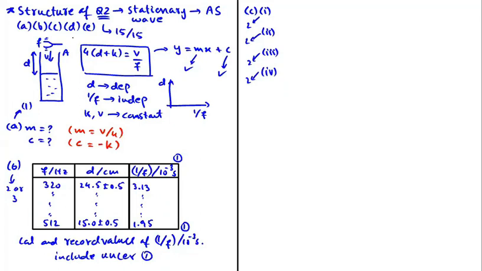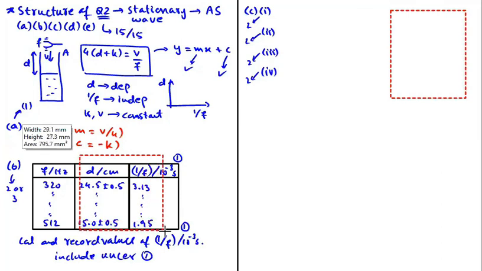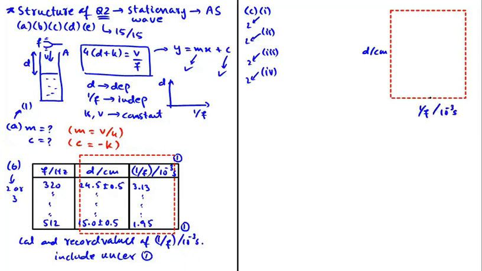Now in C part 1, we are given a blank graph grid and we are asked to use the values of dependent and independent variables from the table and plot their graph on the grid. But students, good thing about C part 1 is the axes of the graph grid are not only already labeled but also calibrated. So in this question, the dependent variable axis starts at 14 and ends at 25, and independent variable axis starts at 1.9 and ends at 3.3.